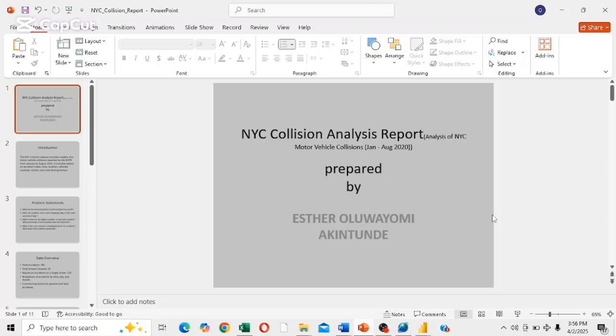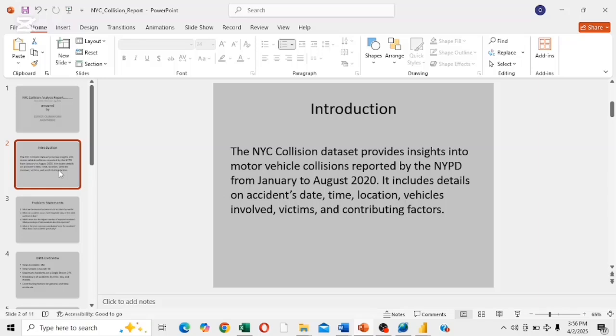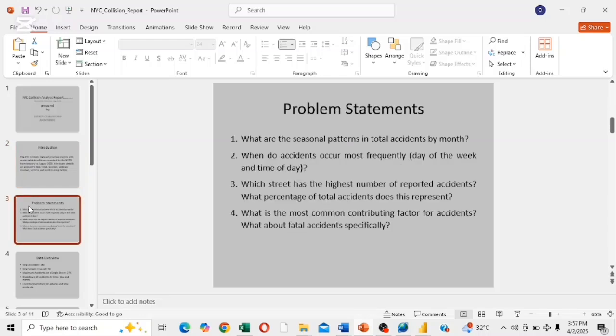Carried out my analysis on NYC collision data sets. This data set is one of my capstone projects, and I'm going to be walking us through how I did the analysis. So the NYC collision dataset provides insights into motor vehicle collisions reported by the NYPD from January to August of 2020. In this analysis, we are going to be finding solutions to all these problems, and these